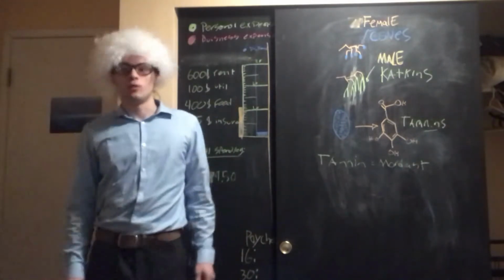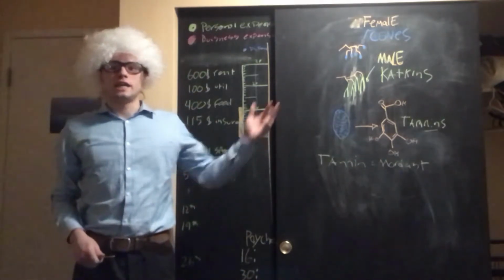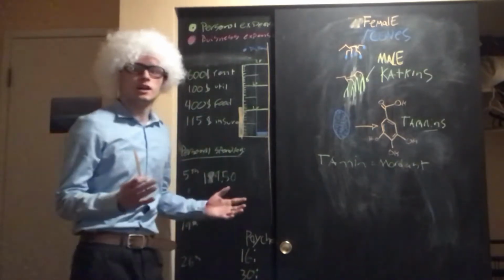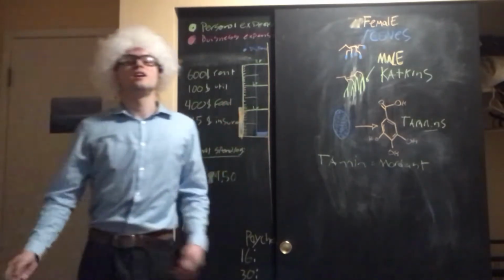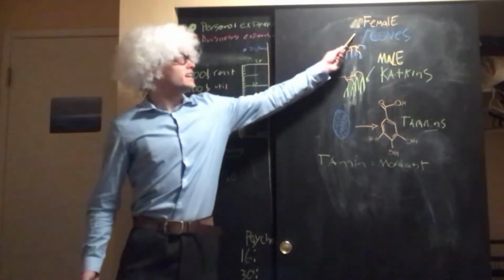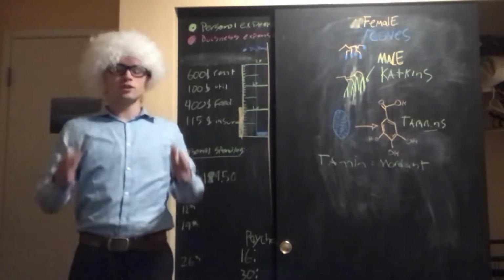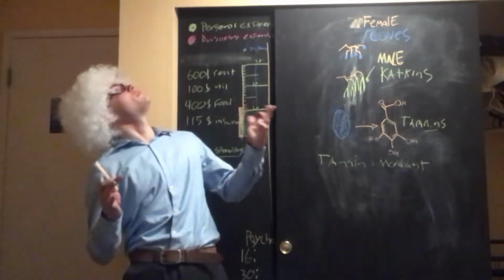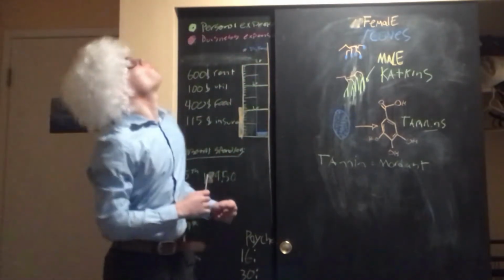So while that's simmering away, I wanted to teach you guys about some of the things in alder cones that allow it to be such a great natural dye. Alright, so first off, we should start by explaining what is an alder cone? Well, an alder cone is a female cone. So you're going out on a walk and you yourself want to find some of these cones. Well, you're going to look up in the canopy, you find your alder, and you're going to say, oh,